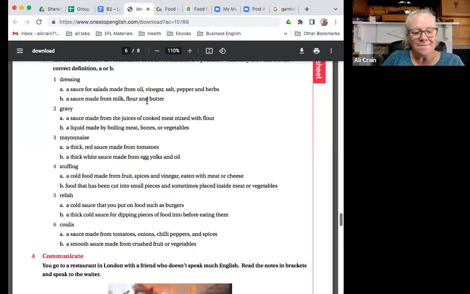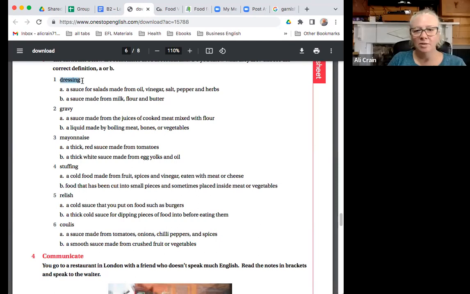All right. There's just one more section that I wanted to show and talk a little bit more about terminology here. I actually had to look this last one up because I've never heard the word. Apparently, it's a smooth sauce made from crushed fruit or vegetables. I feel like I'm pretty good with food terminologies, but that one is new for me. I don't know if it is more used in Britain and not as much in the US, or whatever. So you might run across it when you're eating out. So we have,